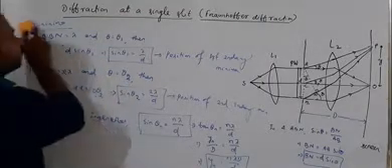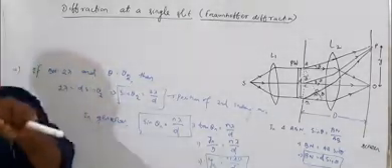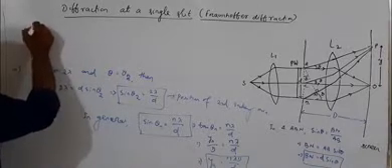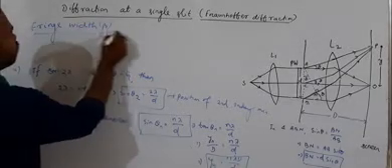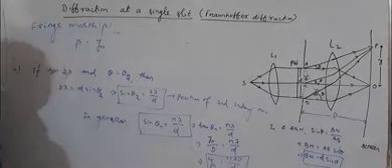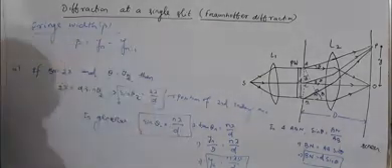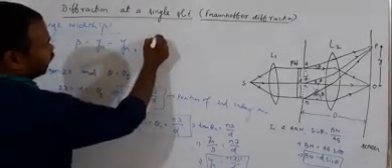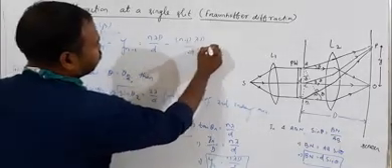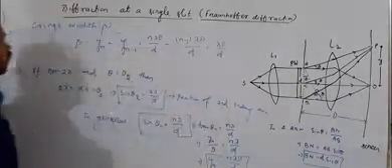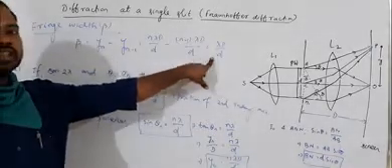Complete. Let us find the fringe width of each maxima. You already know between two minima a maxima is there. So what is the fringe width of each maxima? Fringe width of each maxima is equal to the difference between the position of the nth minima and the consecutive n minus 1th minima, which is equal to n lambda D by d minus n minus 1 lambda D by d, which is equal to lambda D by d. So this is the width of each maxima. This is the linear width of each maxima.